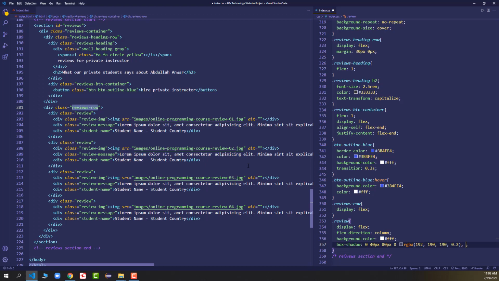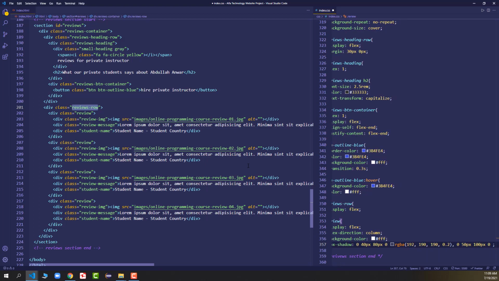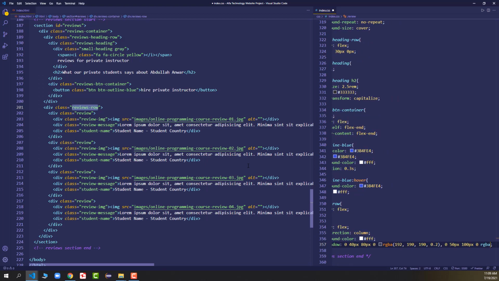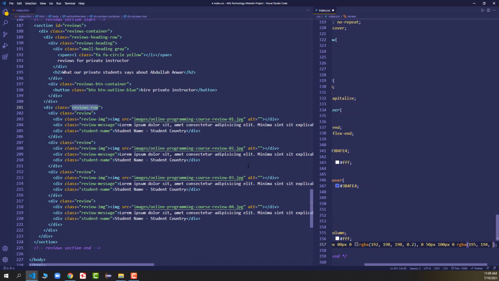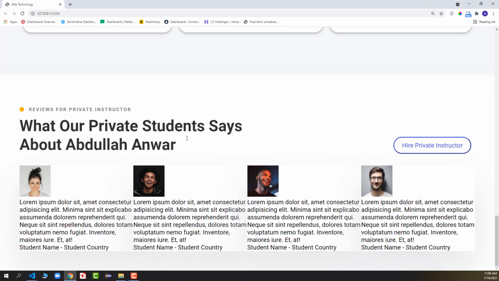After that we'll put a comma, and here again we'll say 0, 50 pixel, 100 pixel, 0, and again RGBA, and inside the RGBA function we'll say 195, 194, 194, and finally 0.19. So you can see we got the background shadow as well.